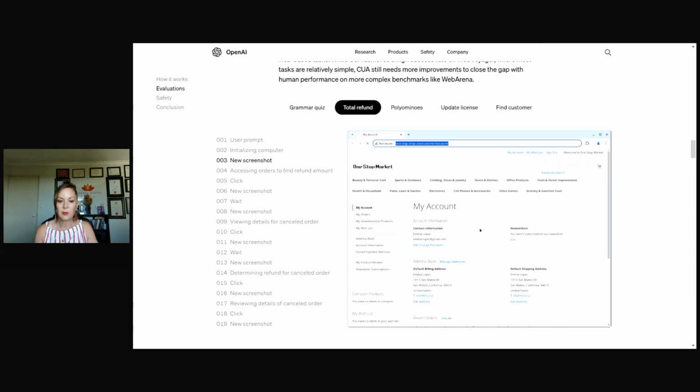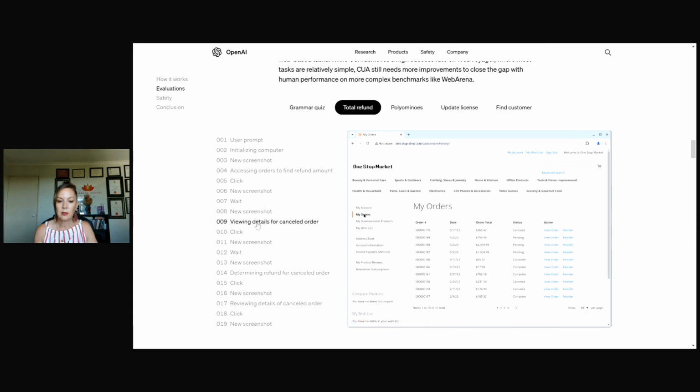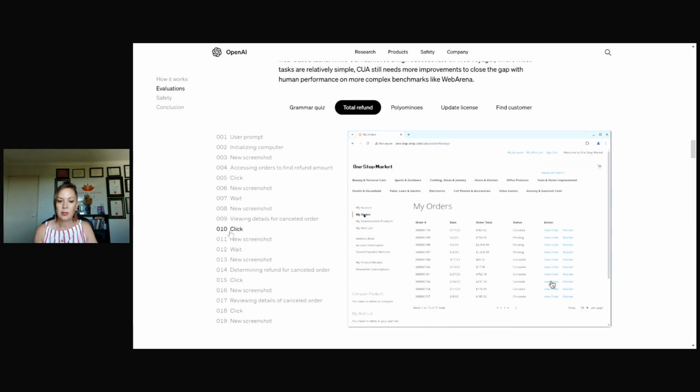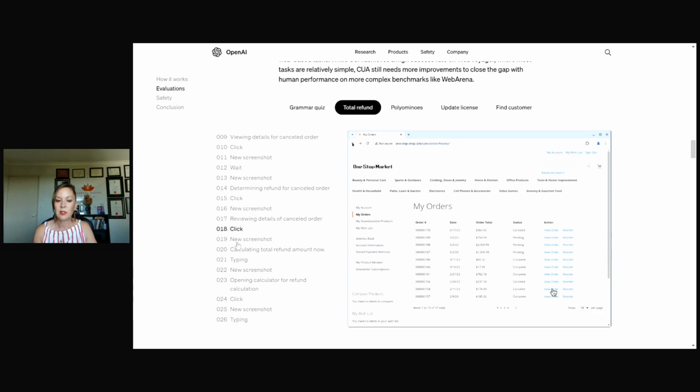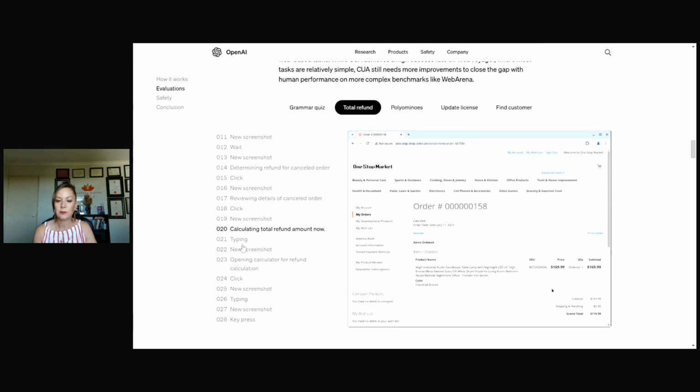So then it goes onto the website and clicks. It does all the clicking for you. Goes through all the orders. So it's doing just manual tasks that we do every day, but it's actually doing them automatically based on your instructions. So it finds what it needs to, and then it comes back with the answer.